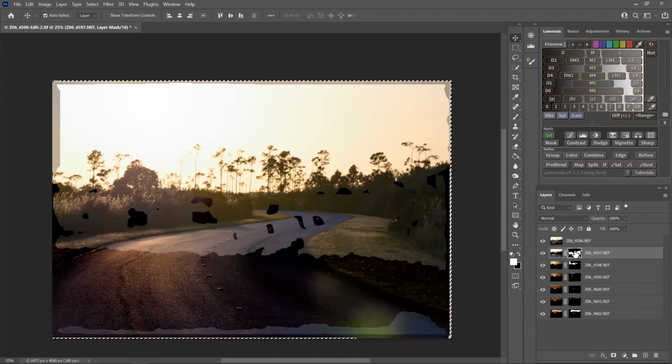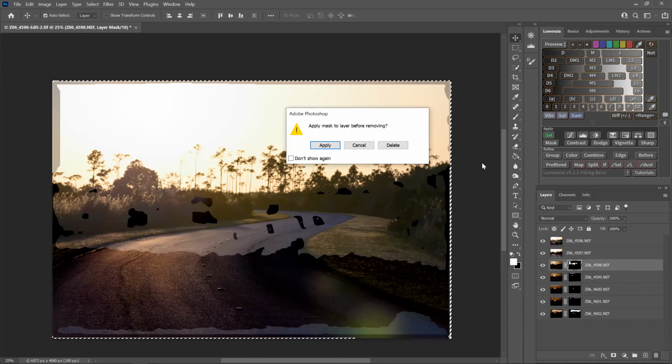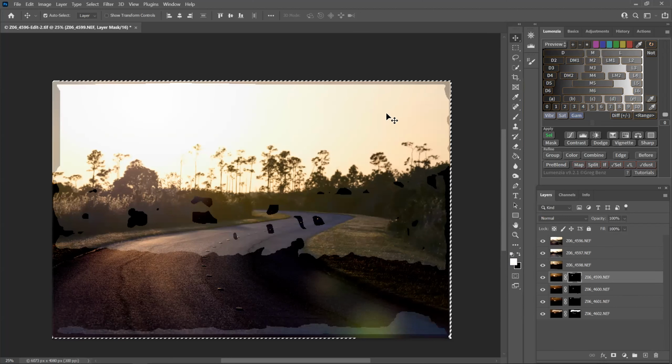Layer, apply mask layer. Before removing, if you're watching, you can see what every layer is doing. I'm just deleting the masks. So I'm going to show you what I actually did to process this.